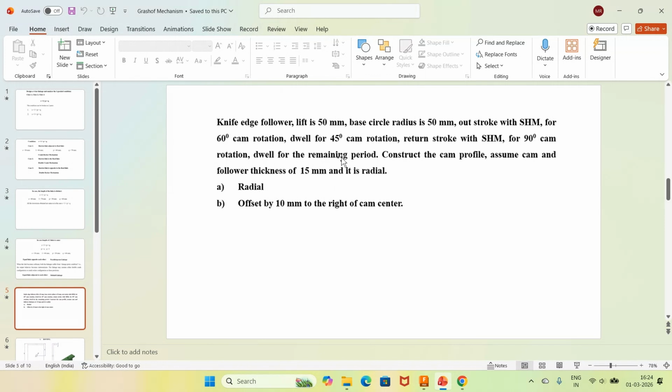Before that, I need to start with the displacement diagram. For the displacement diagram, what is the type of motion we have? It is a simple harmonic motion. So here, the total angle of rotation for one rotation is 360 degrees, out of which it has been classified as the outstroke, then the dwell period, and the return stroke,